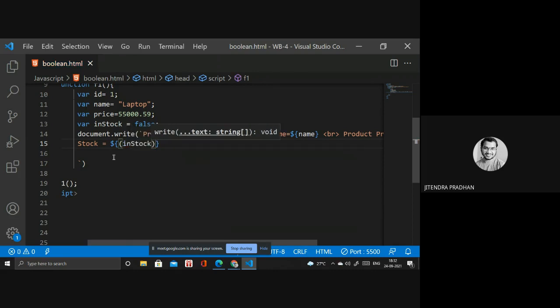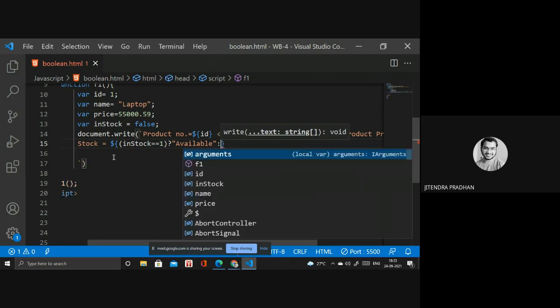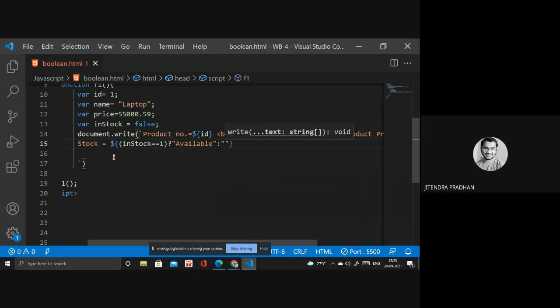If it's equal to one, then I want to print a true value: available. Then we write this colon. Inside you write out of stock. You can write not available as well. Out of stock.